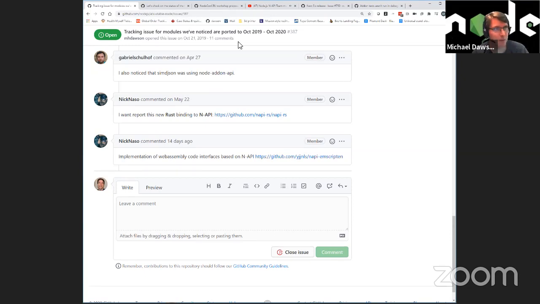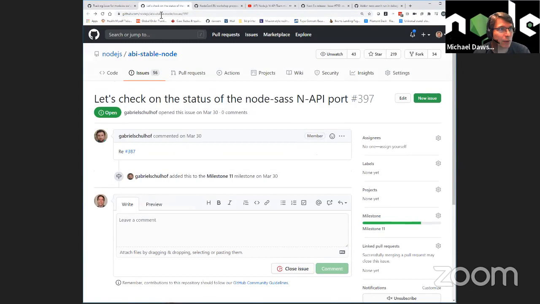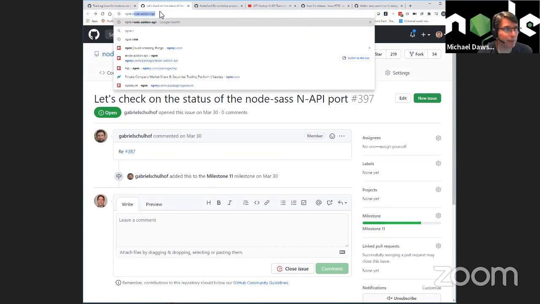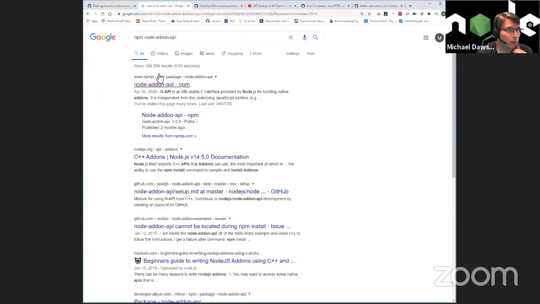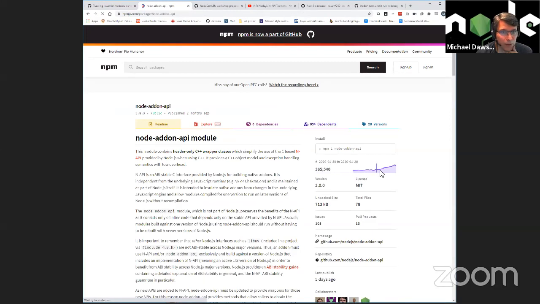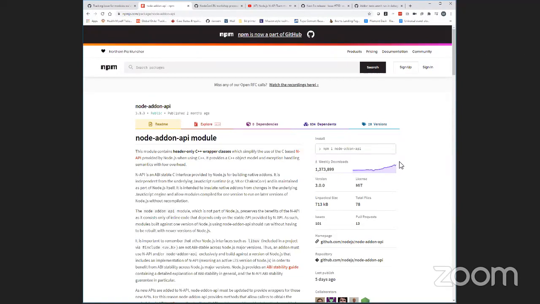I guess the other thing we can look at when we're here too is npm. Usage is still going up. There's a bit of a dip. I don't know why you get up to that and then there's a dip, but it's back up to 1.3 million, 1.4 million. So it's still looking like a good upward trend.